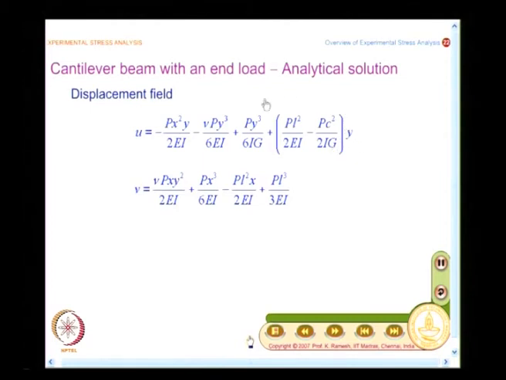And what is the interesting thing about this expression? When y is 0, u is 0. So, you do not find out u displacement at all in strength of materials, mainly because you are considering a 2-dimensional problem as a 1-dimensional problem. So, when you come to theory of elasticity, you have made an improvement, and obviously now we will go and look at what the experimental methods give as contours.